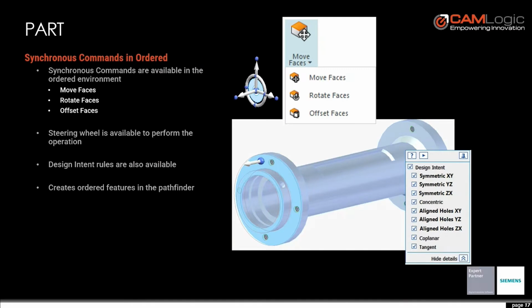Before that, though, I did want to show one other thing, which is the synchronous commands in ordered. Like I said, these all sort of go together. The regions are involved and make it possible for these synchronous commands to exist. So these move, rotate, and offset faces commands did exist in Solid Edge, but they've been completely overhauled and redone. They are now the true synchronous version that you would have in the synchronous environment. You get your steering wheel. You get to push and pull the faces like you would in synchronous. You get your design intent panel, and